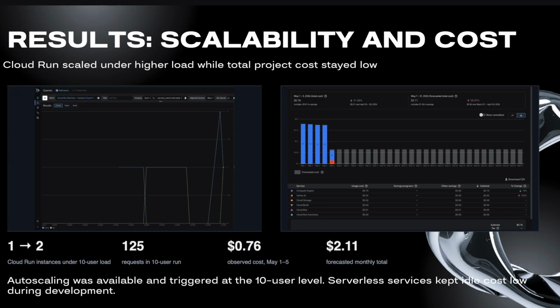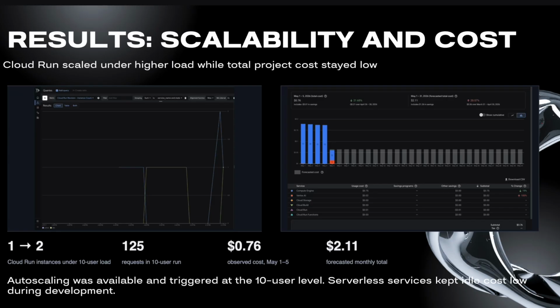We also recorded 125 requests during the 10 user run. So this was not just a single spike. It was enough traffic to actually observe scaling behavior in practice. At the same time, even though the system scaled up under load, the cost stayed low. Our observed cost over the measured period was only 76 cents, and the forecast monthly total was